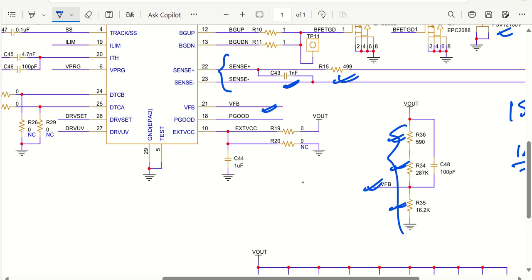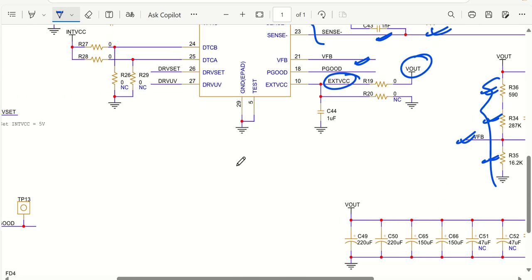So external voltage supply, I have done a V output connected directly so that it supplies for my int VCC, and this is how my efficiency will be increased. Why? Because my V output will be a regulated voltage which will not hinder my input, internal voltage regulator for int VCC. As recommended, the test pin must be grounded in the pin description. You can see, so it has been grounded, and ground pad is actually pin number 29 I have put, so